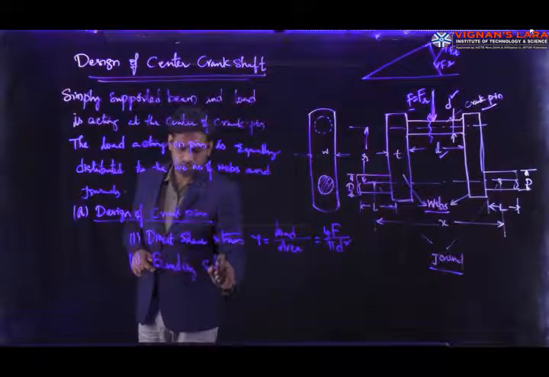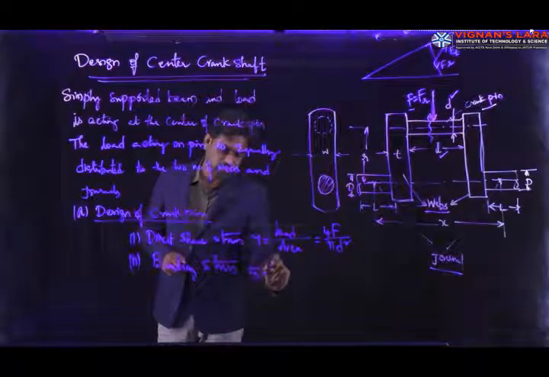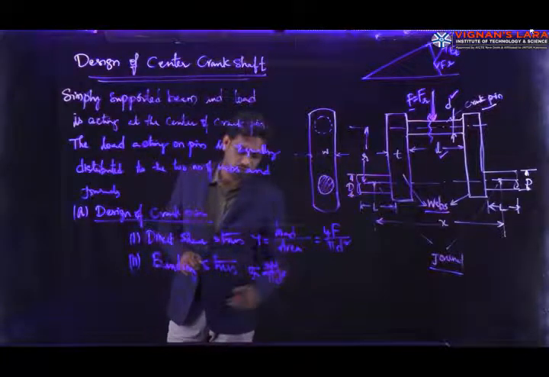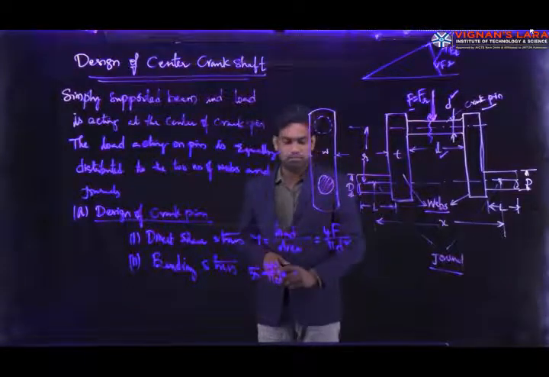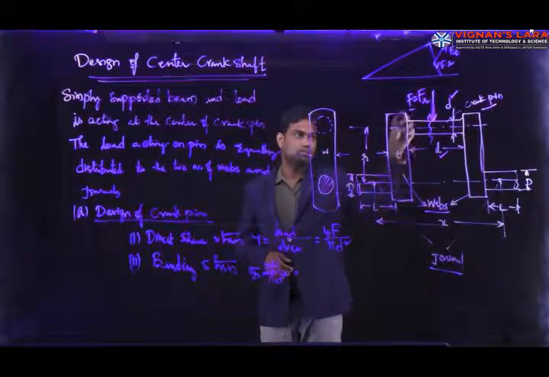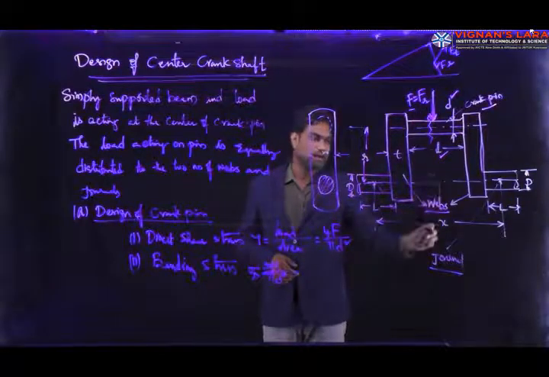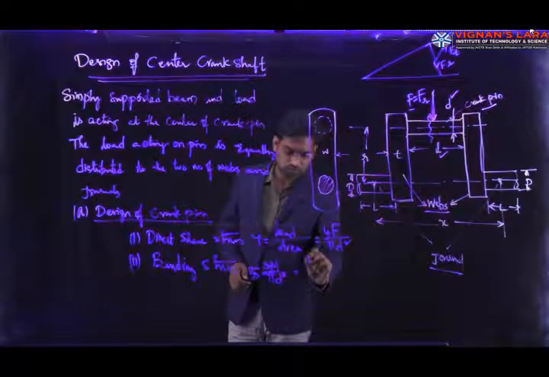The induced bending stress is calculated by sigma b equal to M by Z. Here Z is for a circular member, so I can take 32 M by pi d cube, as we know for a circular member. So sigma b equals 32 M by pi d cube. Here the bending moment is calculated from the support. In the earlier case we took it up to this section, but here the support is here. So we need to take the load. It is a symmetric axis, so the total force acting here, we are taking F into x by 4.